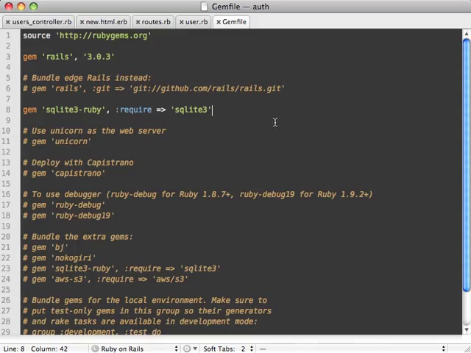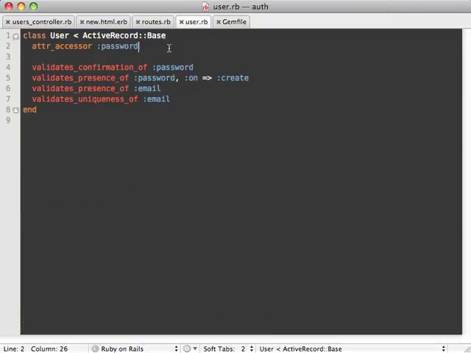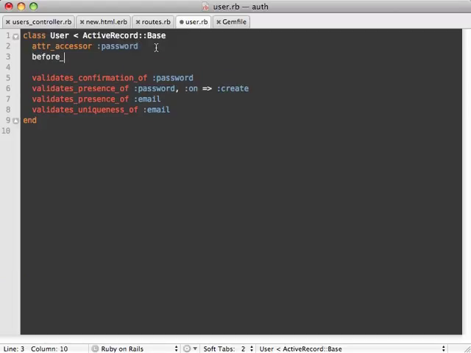Now I highly recommend using bcrypt whenever you need to do password encryption. So inside of our gem file here, I'm going to add the bcrypt Ruby gem, and then require as bcrypt. There we go. Now make sure to run the bundle command to get it installed. Now that we have that library installed, let's encrypt our password before the user model is saved. So we'll add a before save callback and call it encrypt password,